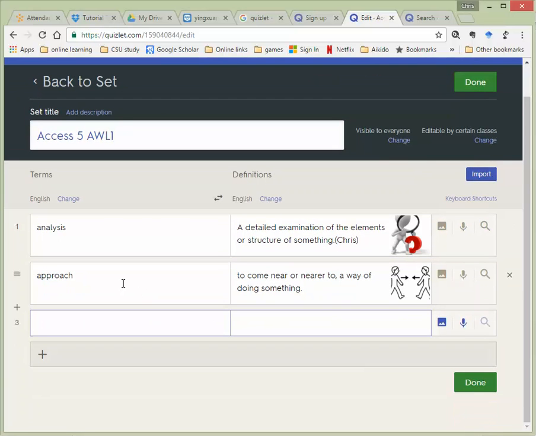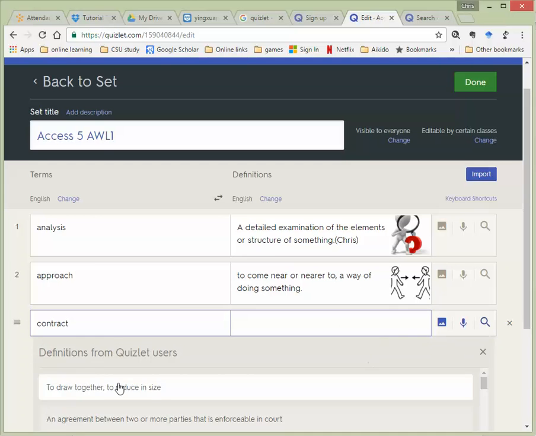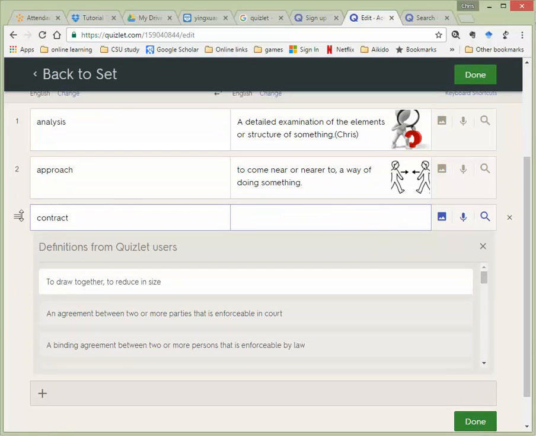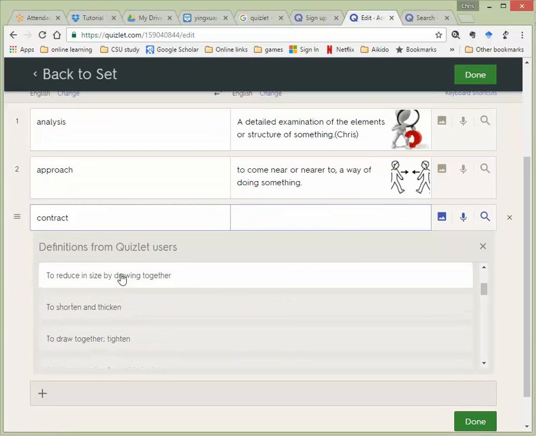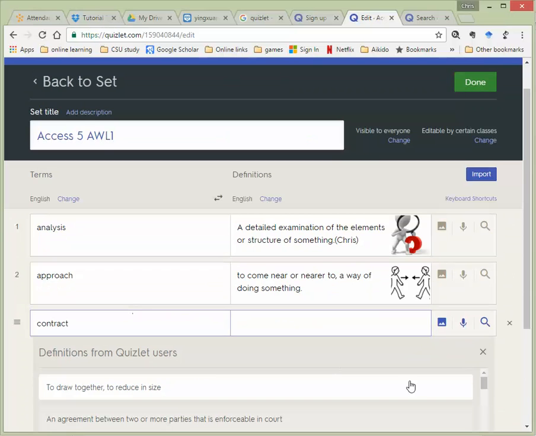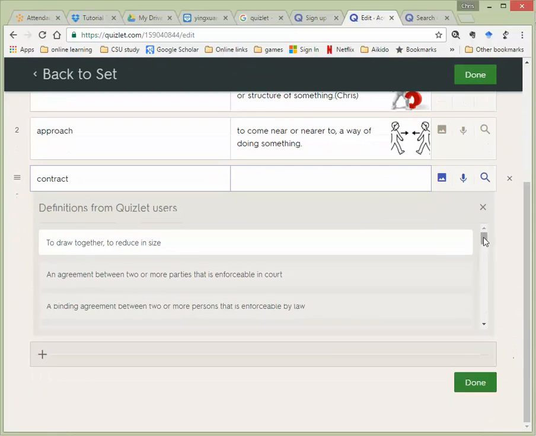So, analysis approach. How about contract? That's an AWL1 word. Now, how do I proceed? So once you've actually put the AWL word in, all you'll need to do is get the computer to automatically find you a definition. So the definitions are actually over here. So if I click on this, you can see it finds definitions for that word, whatever it is I put in. And there's a lot of options, so you can scroll down